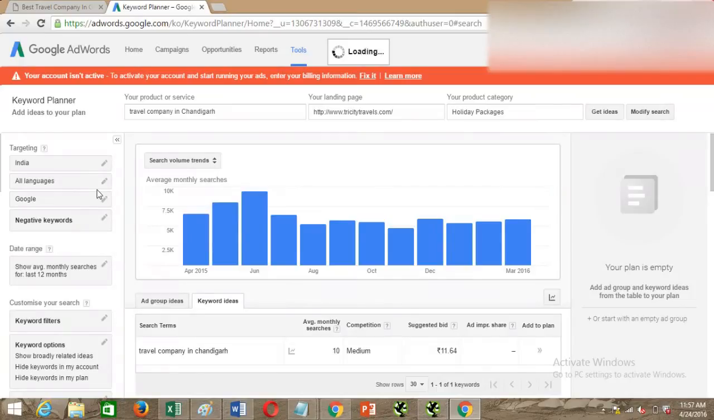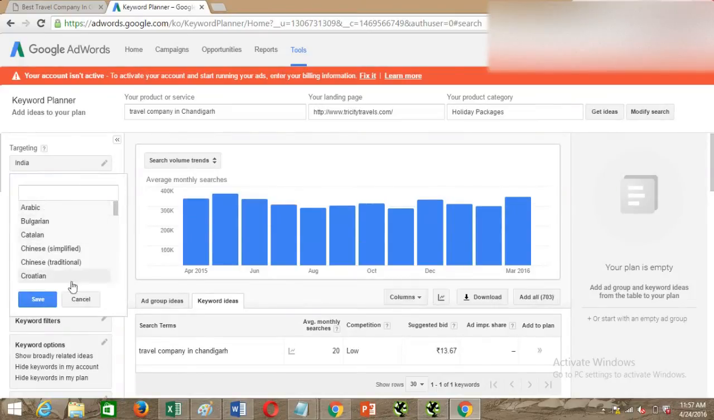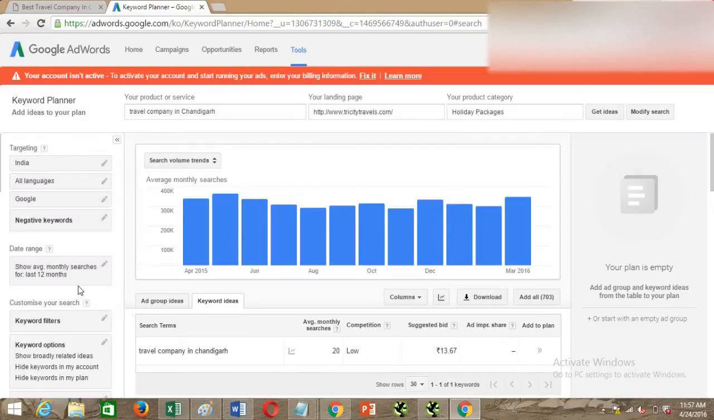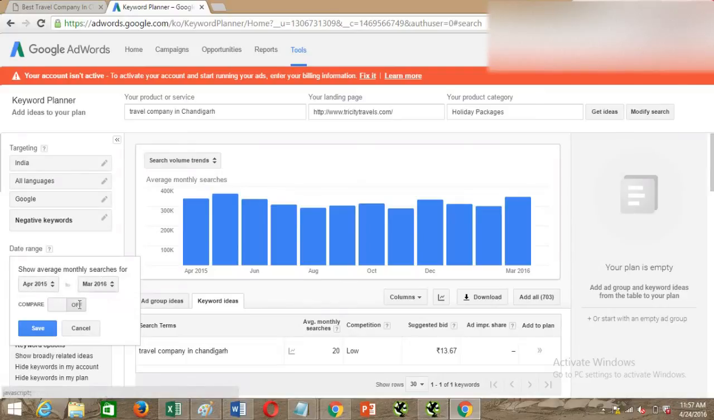So, in case your website is in any other language, you can select your language as well. But since my website does not have any specific language, I will not be doing anything with this setting. The rest of the things you can keep the same. If you want to change the data of the monthly searches, you can change the settings from